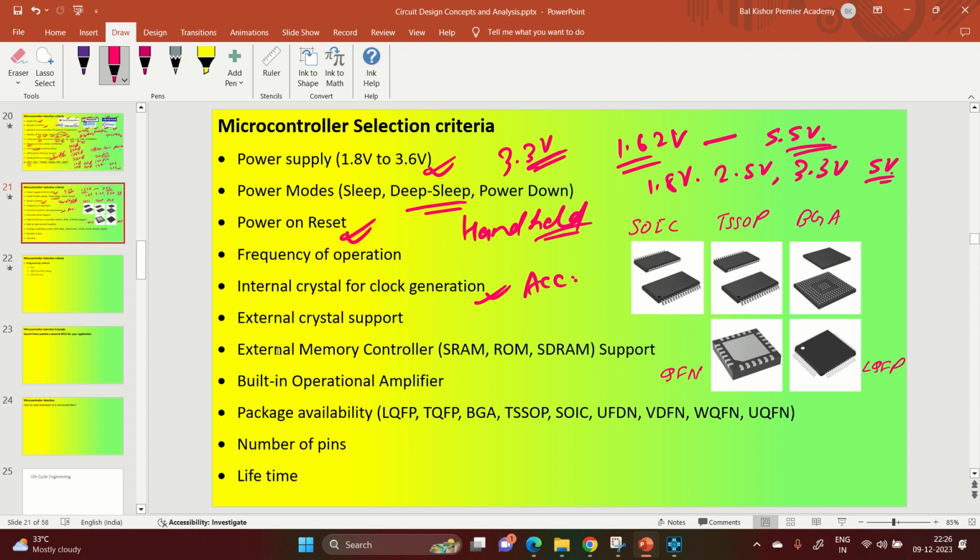coming to the external memory controller, you can interface your SRAMs or ROM or SDRAMs, or DDRs. So DDR memory interface, or SRAM memory, flash, all these things can still be supported by the microcontroller for memory integration, because you may have a requirement of a very high amount of code size, and in that case you need to have external memory controller support,